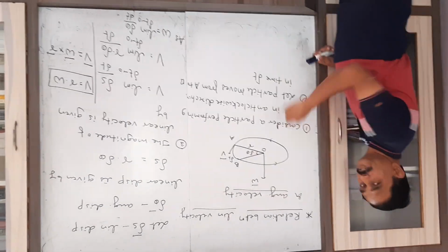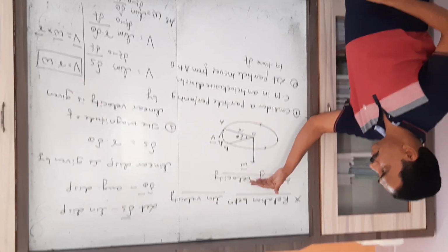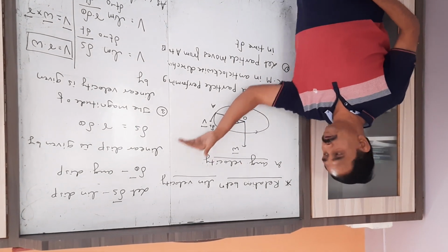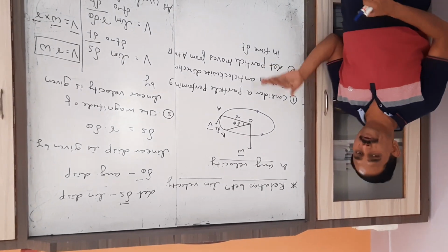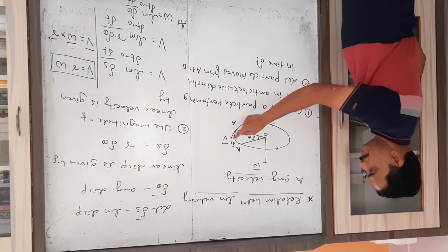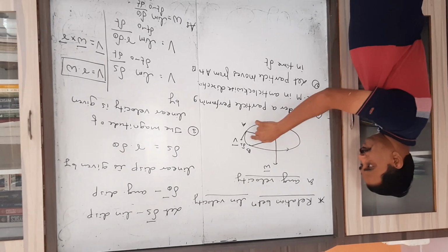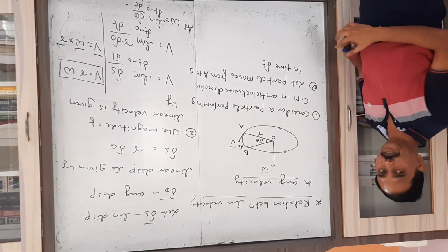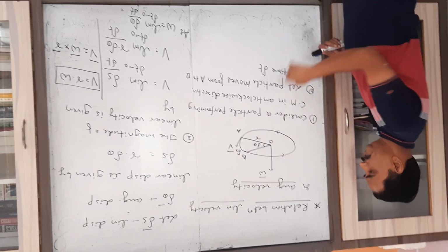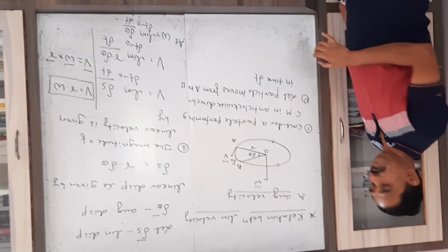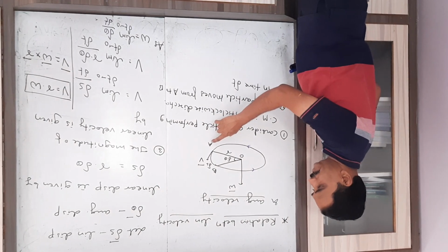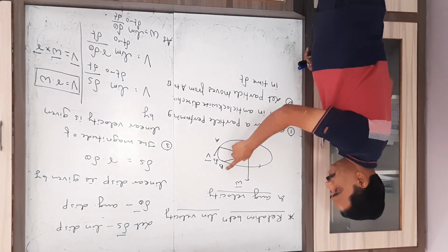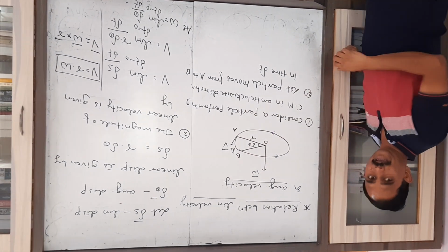Now the second relation we have to consider here is the relation between linear velocity and angular velocity. Now here again we have to consider the same thing. We have to consider one particle which is performing circular motion in anti-clockwise direction. Again I write the same two positions, A be its initial position, B be the position after a certain time.